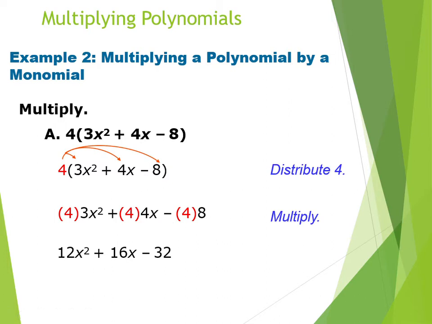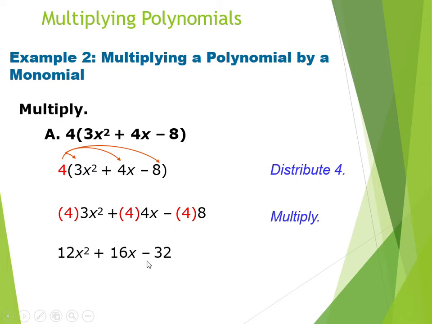So you will be having negative 4 times 8, you will be having 32. And since this is negative po, and you have your positive, so negative times positive, you will be having negative po. So 4 times 8, that is 32. So the result po for this multiplying polynomial po by a monomial, you will be having 12x squared plus 16x